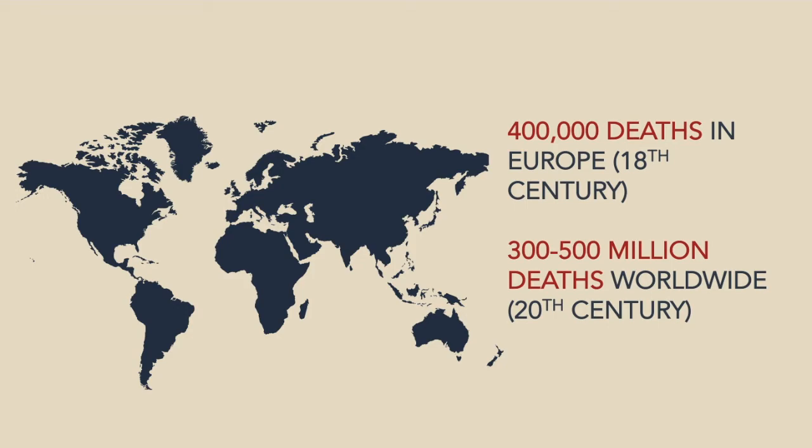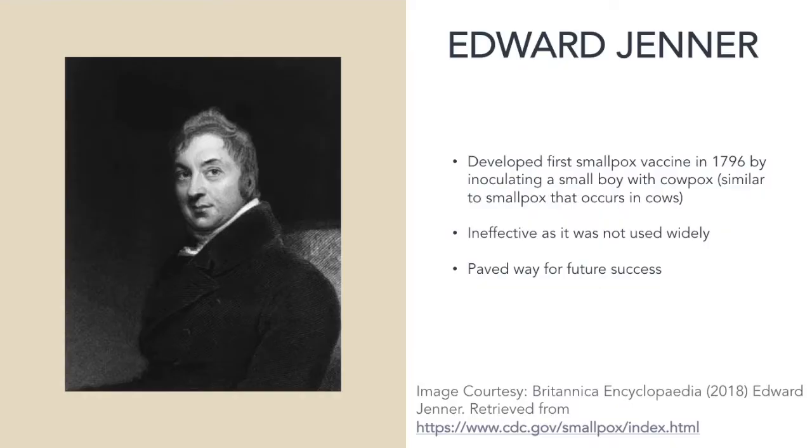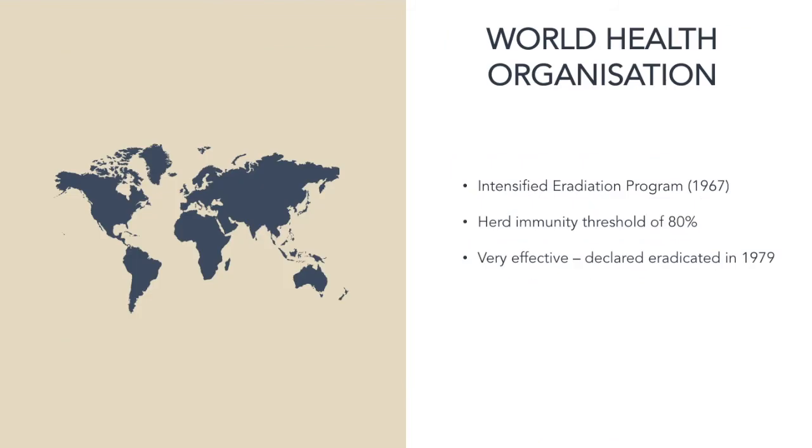The basis for vaccination began in 1796 when Edward Jenner, an English physician, observed that milkmaids who previously caught cowpox did not catch smallpox. Thus, he developed the first smallpox vaccine by inoculating a small boy with cowpox. Although it was not widely used at the time and therefore fairly ineffective, this was a medical breakthrough that paved way for later success. In 1967, the WHO committed itself to the intensified eradication program to eliminate smallpox globally. This involved a herd immunity threshold of at least 80% and was extremely effective as the WHO declared it eradicated